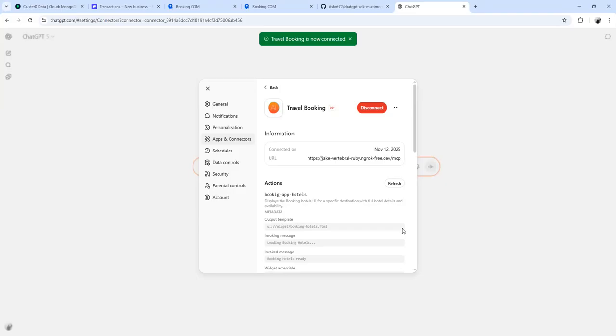The travel agent app is now available inside ChatGPT and ready to be selected.